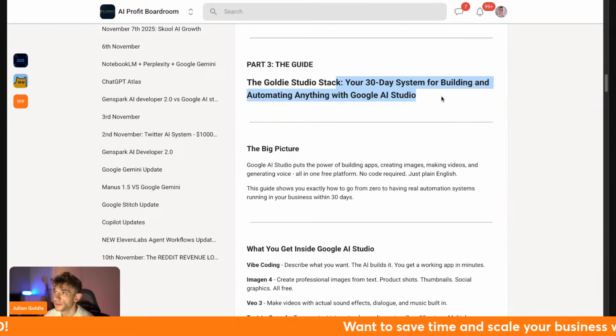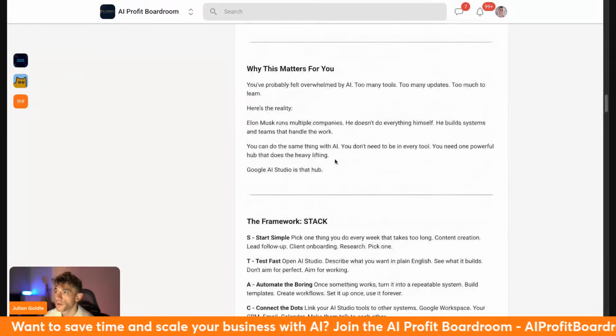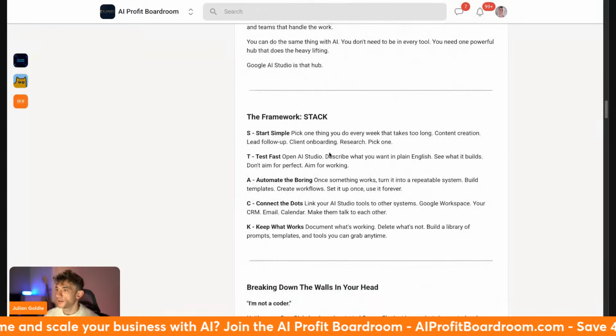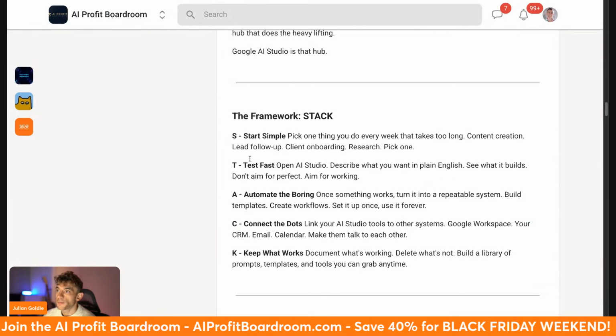It's basically a 30-day system for building and automating anything with AI Studio. I'll talk you through the big picture and what you get and everything else. But the main thing here, right, is to understand the stack. Right, so what I'd recommend is, number one,